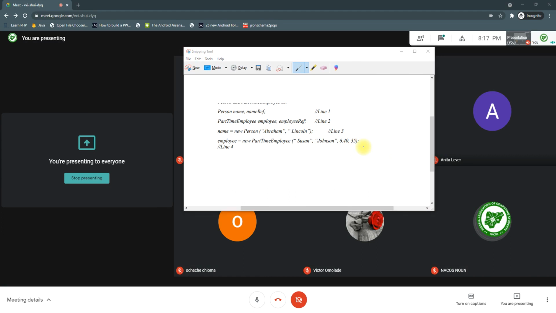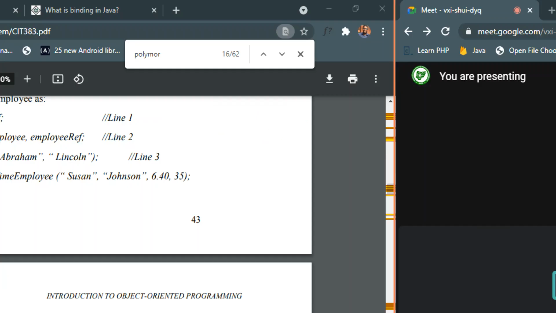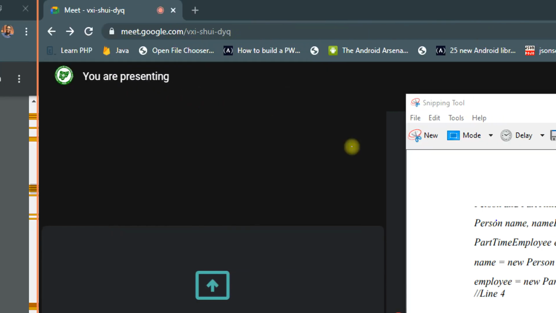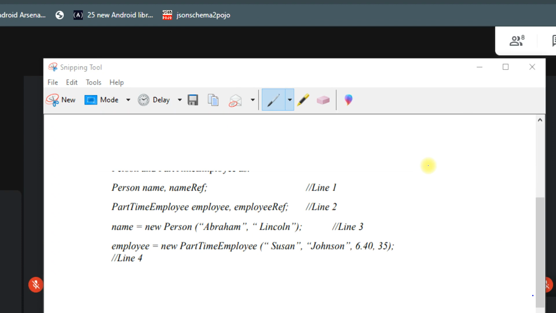Let me see if I can make this bigger. Oh, no, I can't. I don't know if this is bigger on your screen now, with the person name reference, part-time employee and everything. I can use this to explain another concept of polymorphism, a method having the same name but different